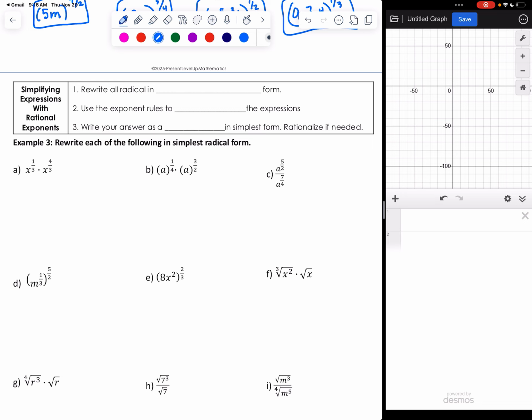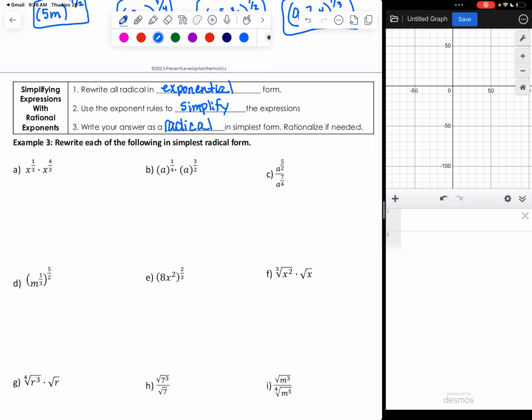First of all, if you have a radical, not all the problems will have radicals in there, but if they do, you want to rewrite them first in exponential form. Secondly, use the exponent rules to simplify your expressions. And step 3, write your answer as a radical